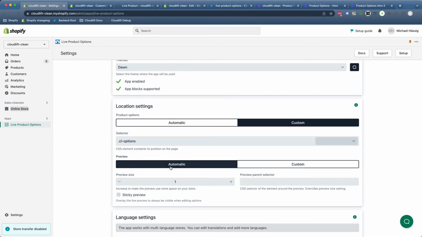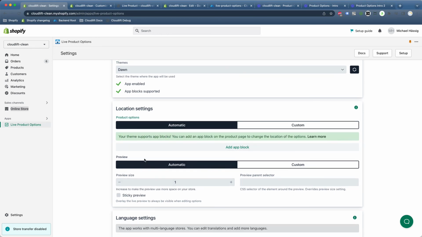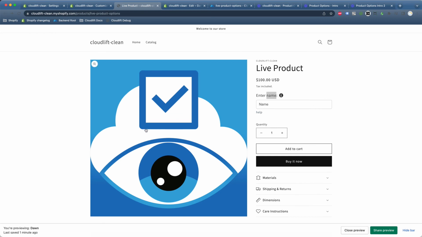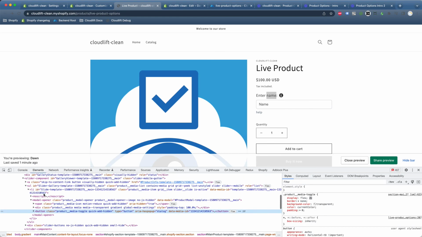And there's also a setting for the live preview. In most cases, I would also first always try to leave this on automatic. I'm going to put this also back on automatic. But if the automatic location of the live preview is not working, in this case we don't have any setup, but what we can do then, we can also check for the live preview, for the preview of your theme, and select